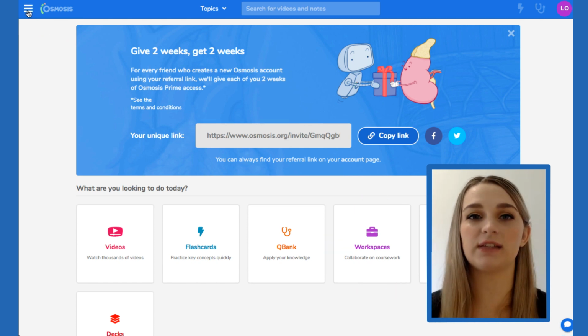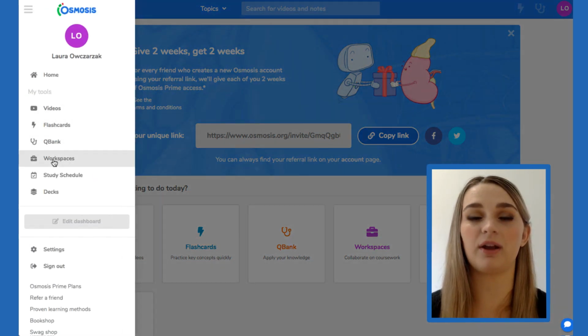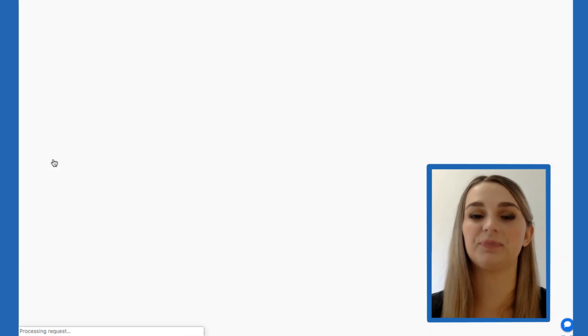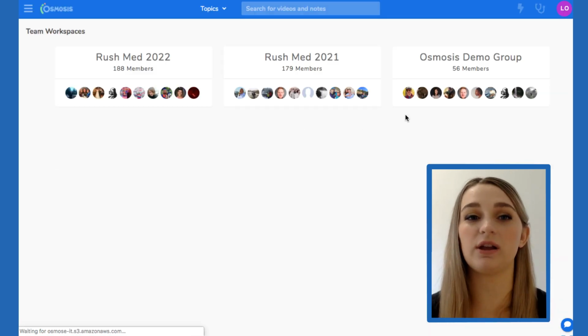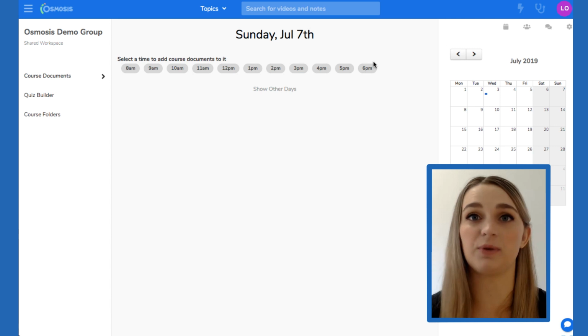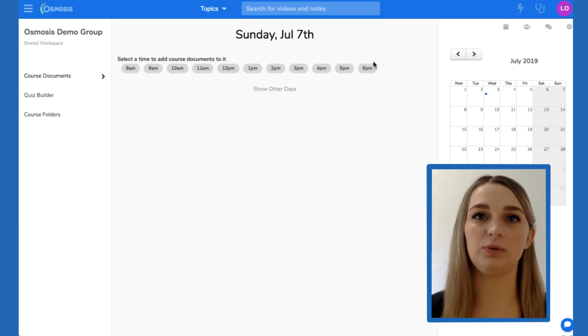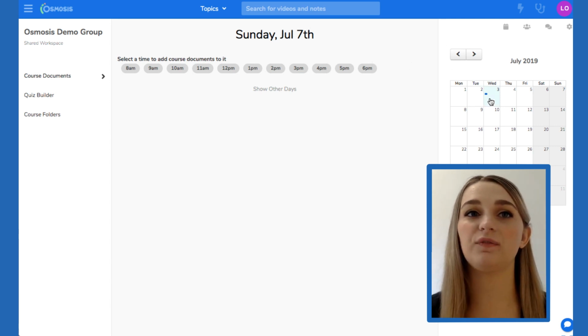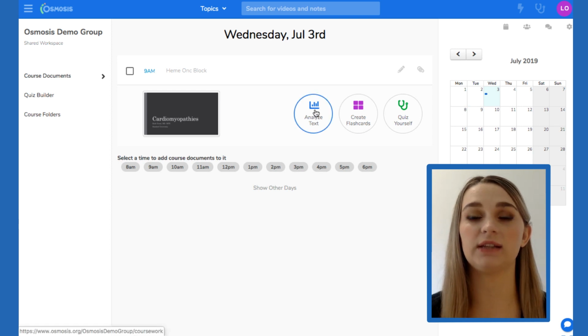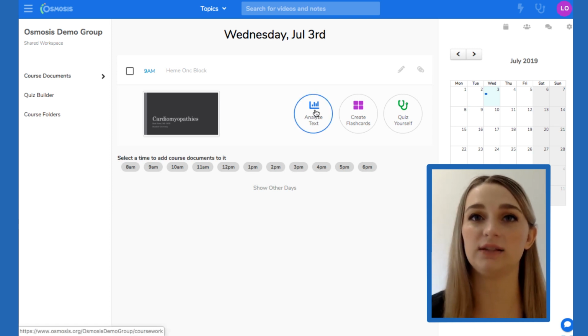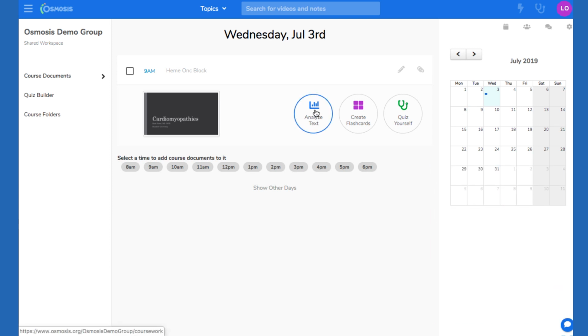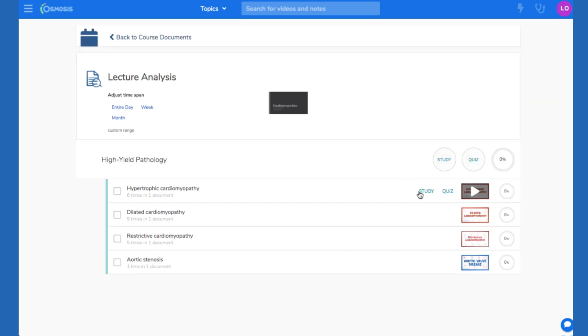To get started, select Workspaces from the left sidebar, then select your class workspace. Let's look at this workspace that's already been created and has some documents uploaded. Once a document has been loaded to a workspace, Osmosis will recommend videos, articles, study aids, and quizzes for every high-yield concept it contains. Click the Analyze Text button alongside the document to view a list of relevant Osmosis videos